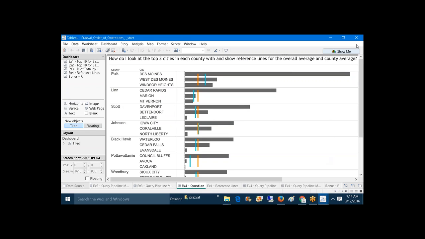So in the last session, we were discussing the order of operations. We were left with one task, so let me continue with that task. In the order of operations, my next task is, I would like to show the top 3 cities in